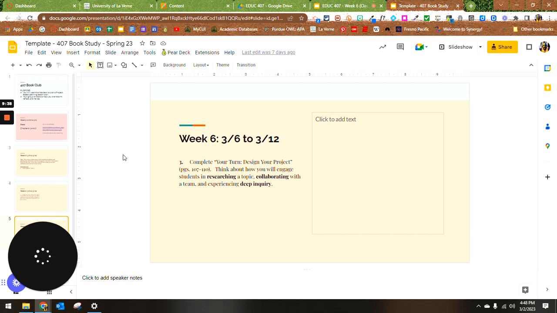Again, you're typing on here. If you need extra space, add a slide. You have no problems adding slides or anything because it's your template. You're not turning anything in for this yet. This is turned in at the very end. So I'm going to see your thought process from start to finish, so you have an idea of how you've developed a project. So again, don't feel like you have to turn anything in right here.